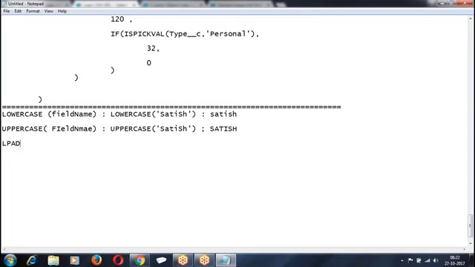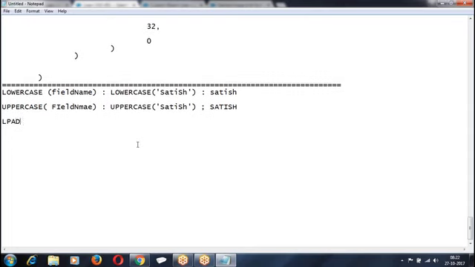Then we have LPAD, or else we have left of. We give left of field name, number of characters. Left of Satish, 3 characters.